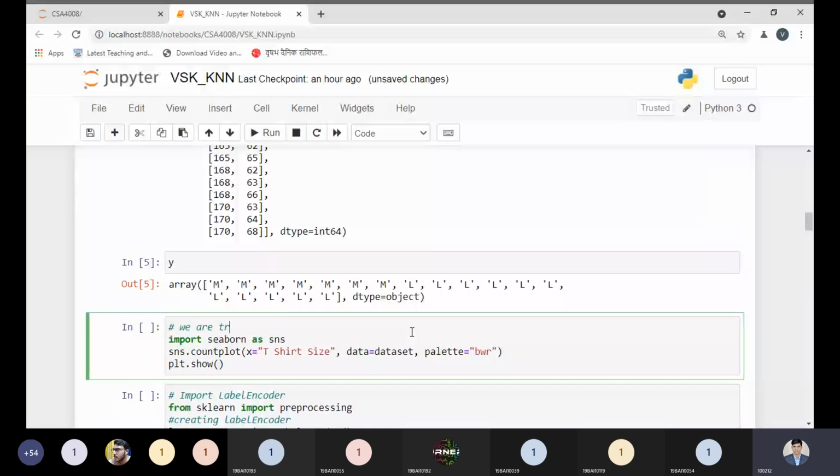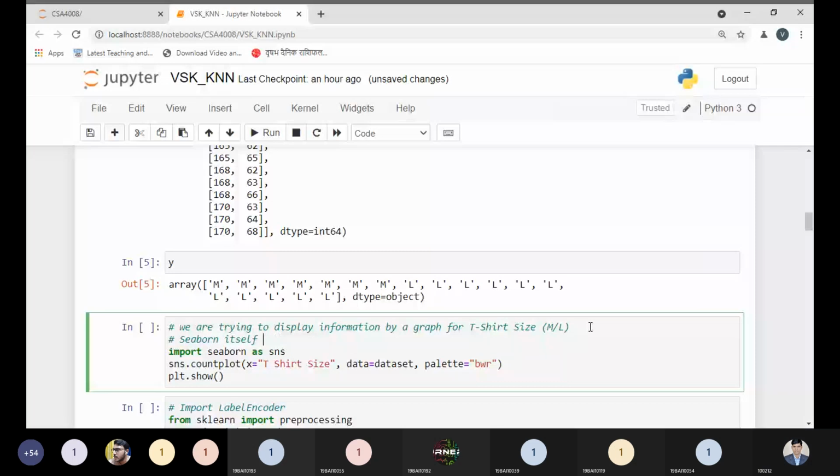Here we are just trying to display information by a graph for t-shirt size. So it definitely contains the two important values, m and l. If I'm using the C1, which is used for the C, I can write it over here for betterment so you can understand. See, Seaborn